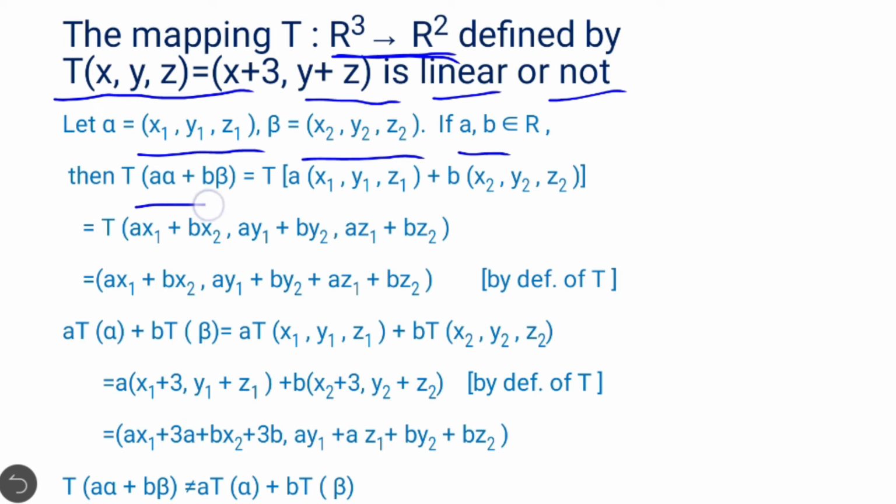Then T(a alpha + b beta) will be T(a(x1, y1, z1) + b(x2, y2, z2)).